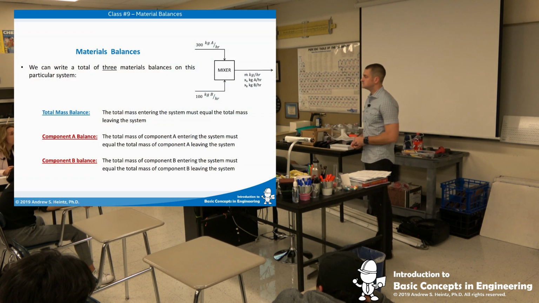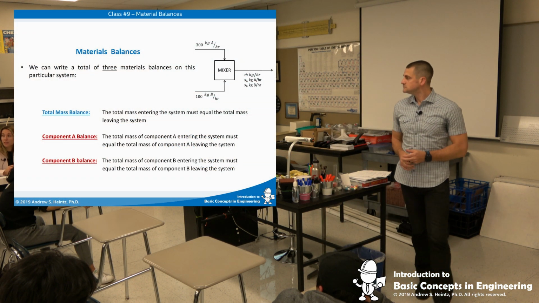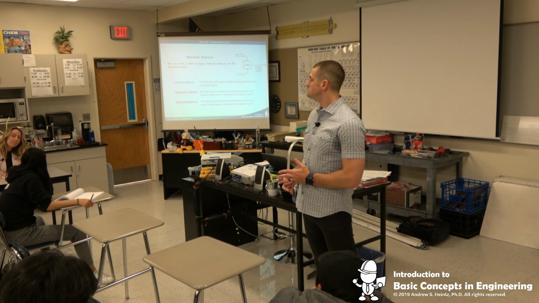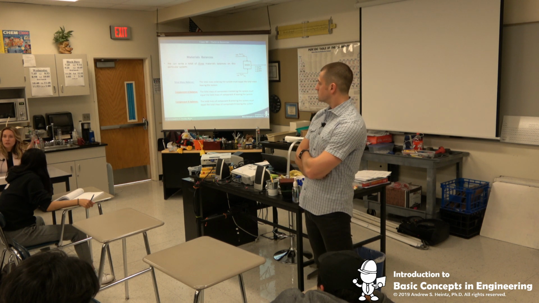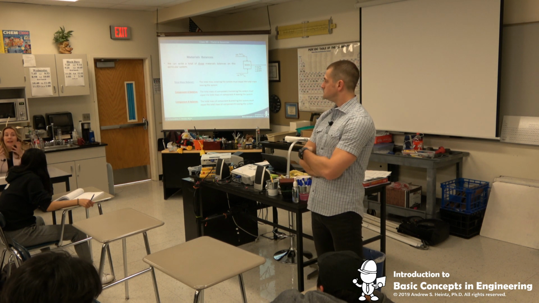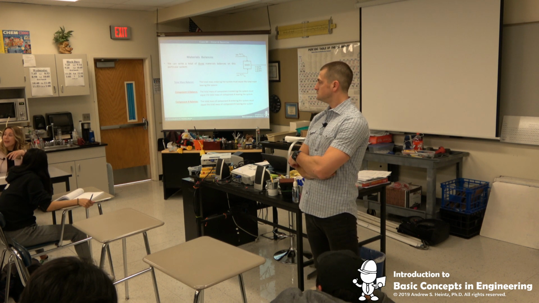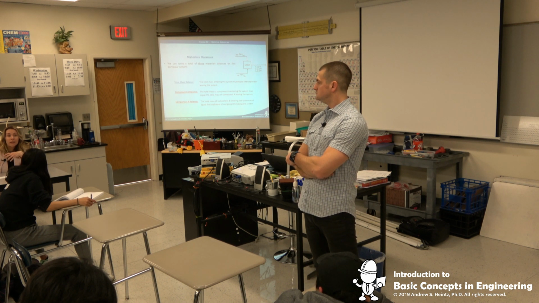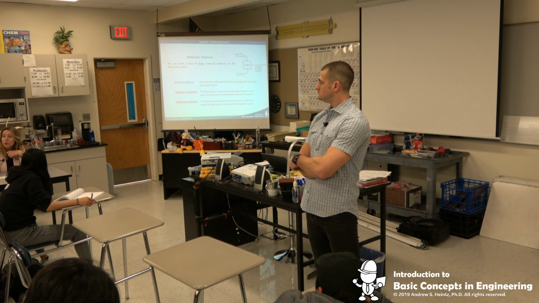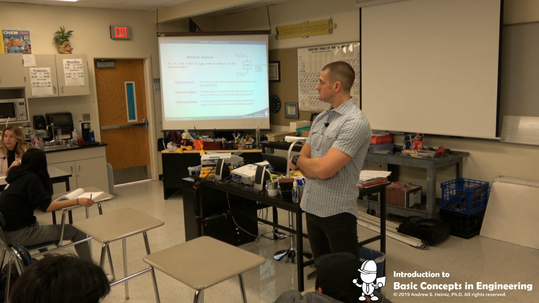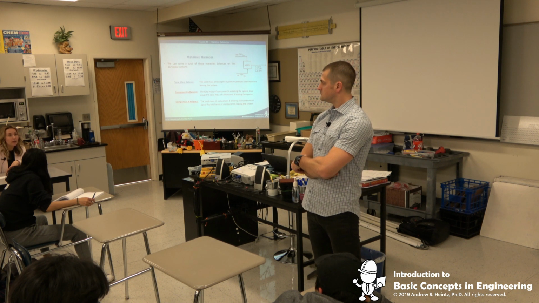For example, Andrew said that the company that I work for makes pieces of equipment. These pieces of equipment are like the size of a minivan, so it's not something you use on your benchtop. We are measuring all of the chemicals that are going in, but because they are highly corrosive acids and bases, we can't put a flow meter on the way out because it would eat through that flow meter faster than we could replace it. So we actually have to use mathematical models based off of material balances to calculate how much acid and base is going down the stream,